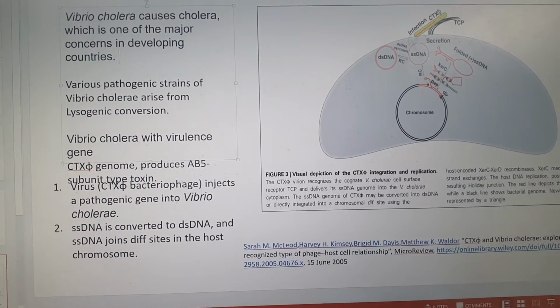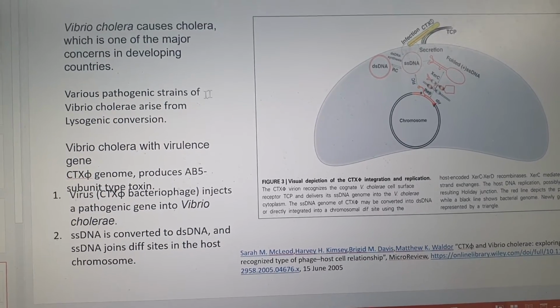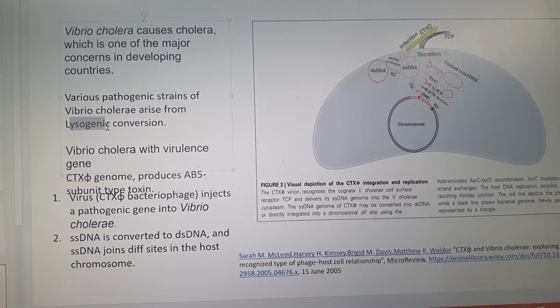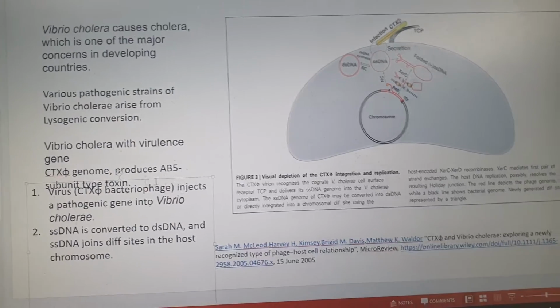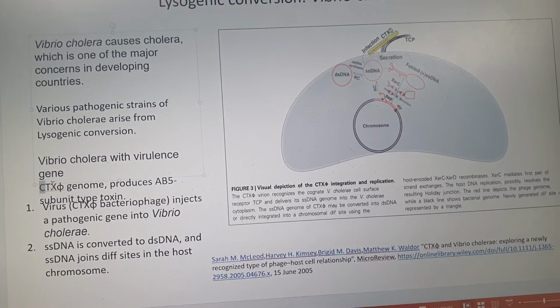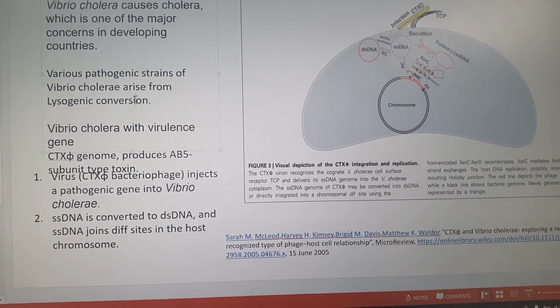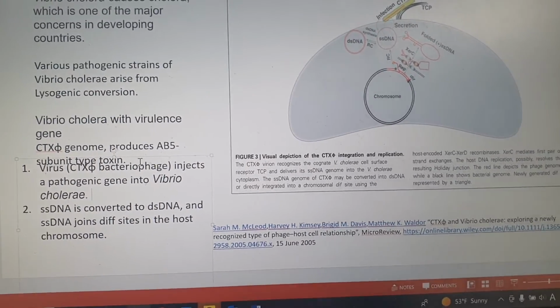Vibrio cholerae can arise from lysogenic conversion, and one of the ways in which they can do that is CTX phi. This is a type of phage that causes